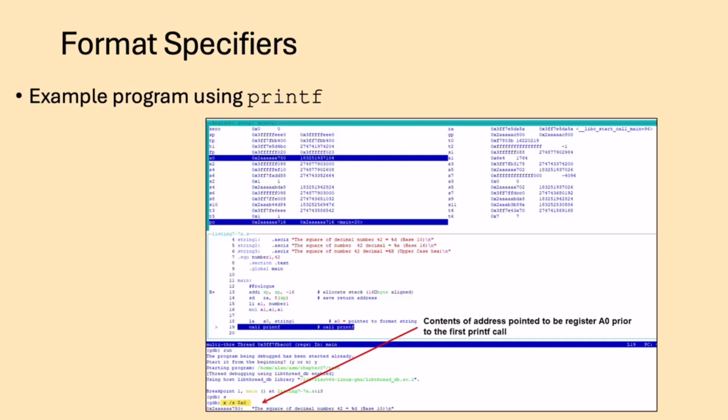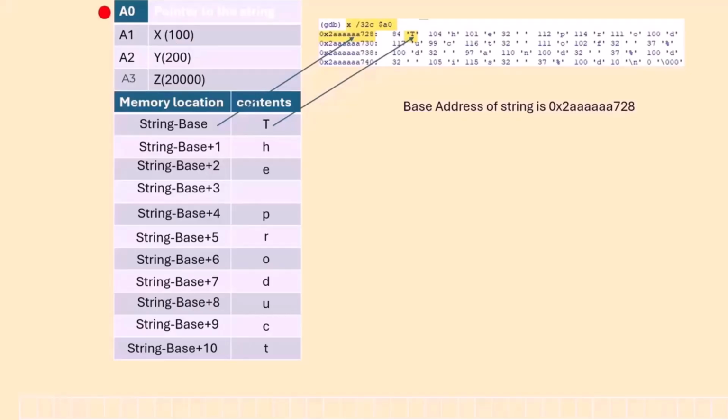Prior to the first printf call, register A0 holds the value hex 2AAAAAA750, which is the address of the string. When it parses the string, it encounters a format specifier, which in the first string is %d. It substitutes the value of register A1 into the output string using the format specified. It resumes printing until it reaches the end of the string. The animated graphic shows an example. A0 holds the address of the string,